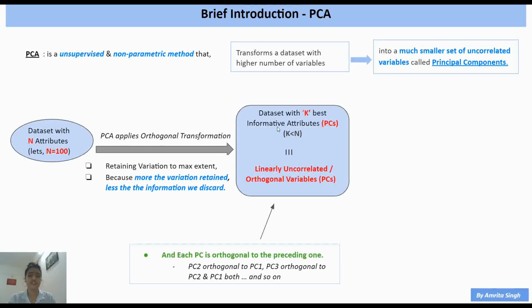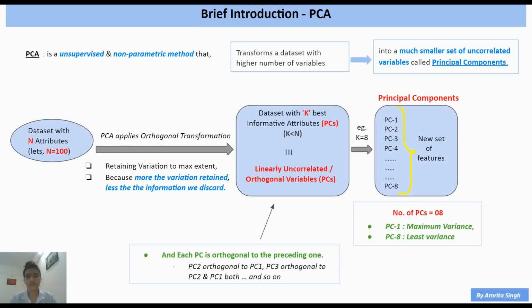And these new features must be linearly uncorrelated or orthogonal. By orthogonal, what I mean is they should be mutually perpendicular. So each principal component is orthogonal to the preceding one. What does it mean? Principal component 2 will be perpendicular to 1, and similarly the third principal component will be orthogonal to both the first and second, and so on it will continue. Now suppose that the value of k here is 8, so it will give us a new set of 8 features,